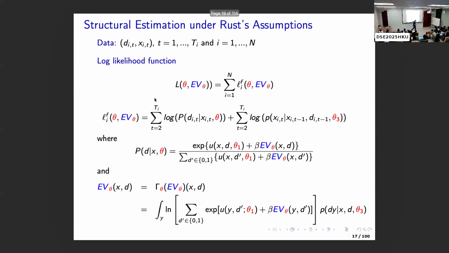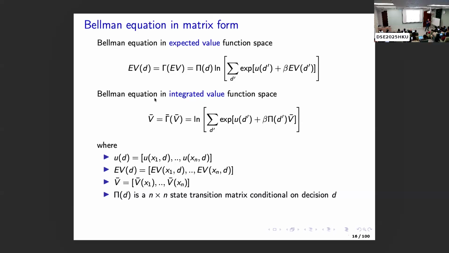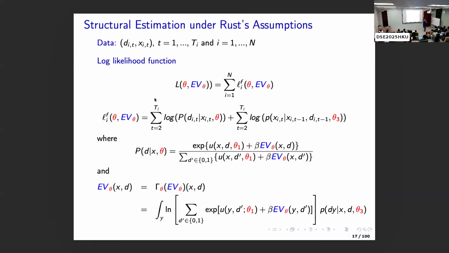I just want to say we can solve it, and we can solve it using Chebyshev polynomials or linear approximations or something flexible. So once we have that, we want to estimate the model. We get panel data, for example, on replacement decisions or discrete choices, and the observed state variable, mileage. You don't really need to have panel data. You just need observations of the states in this period and the period before. So you can estimate the transition and then